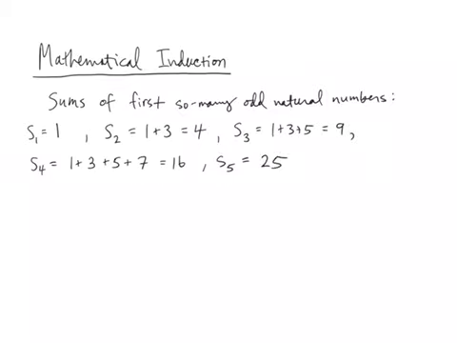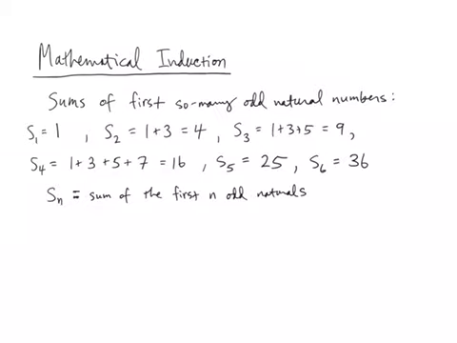And we could keep going like this. S6, that's the previous one plus the next odd, which is 11 in this case. 11 is the sixth odd number, and that gives us 36. And you can probably see what's going on here: if we let Sn denote the sum of the first n odd naturals,